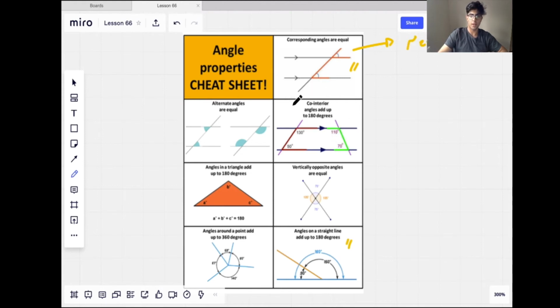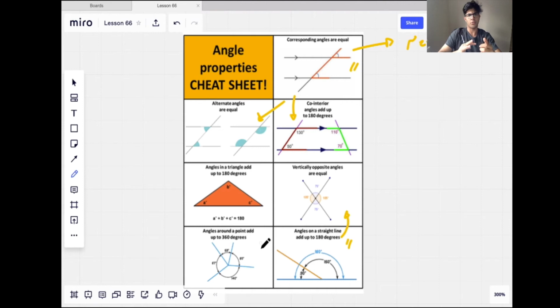To prove that co-interior angles add up to 180, we've done that. To prove that alternate angles are equal, and vertically opposite angles, we use just the fact that angles on a straight line add up to 180. And we'll prove that angles in a triangle add up to 180 in another video. So these are the facts that you need to know, and I guess you could